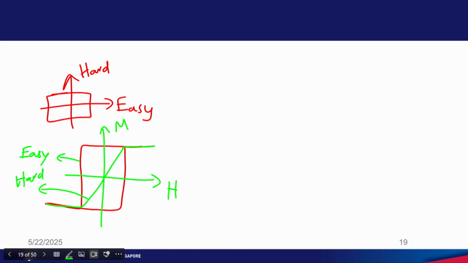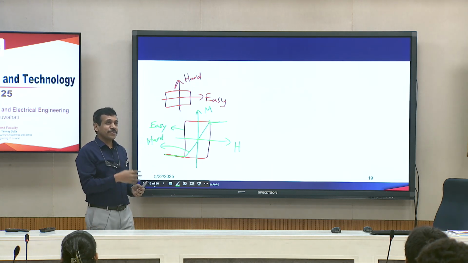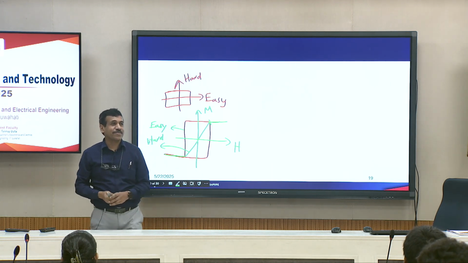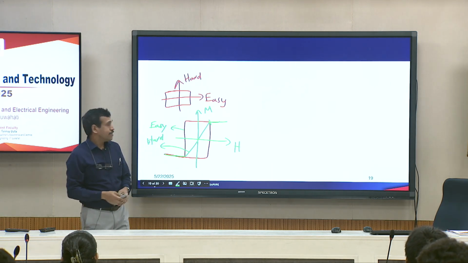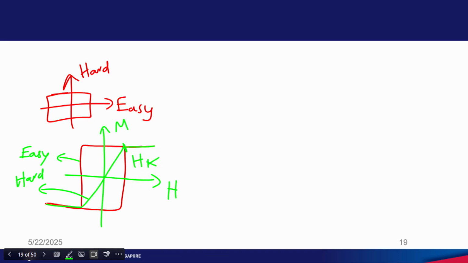And what is this field? What was the term I used when I taught you the Stoner-Wohlfarth reversal mechanism? HK. Okay. So, we learnt that if you have a Stoner-Wohlfarth particle which has a certain anisotropy direction, the easy and hard direction hysteresis loops will meet at this field called the anisotropy field. So, this is something that we learnt,